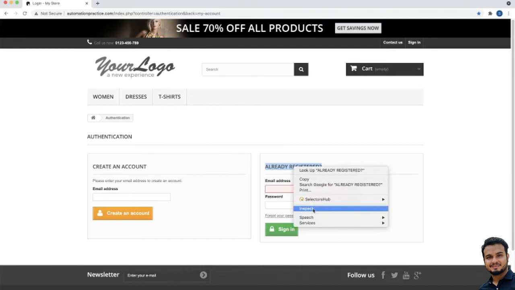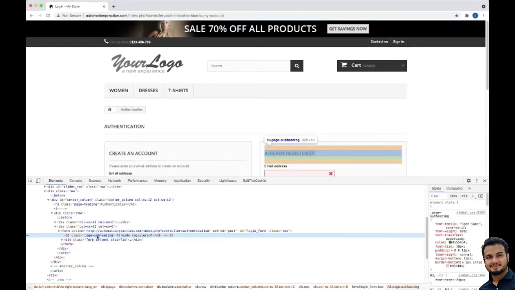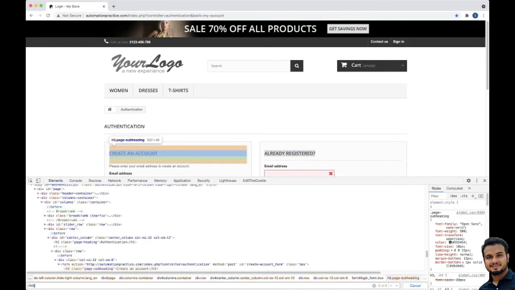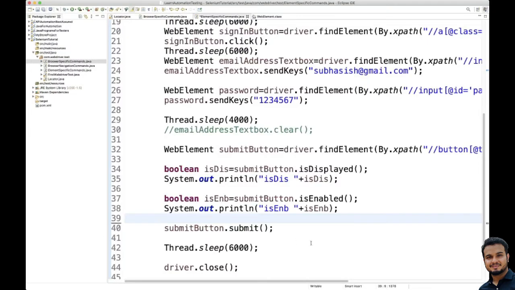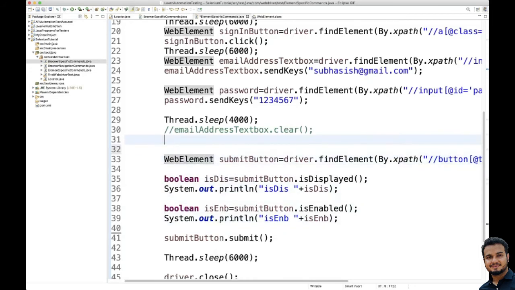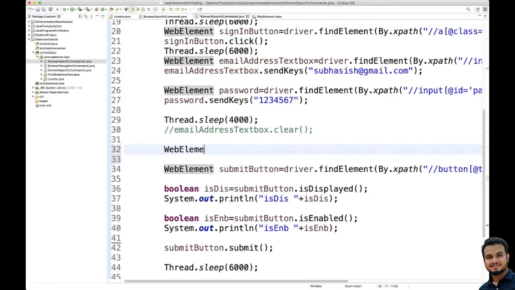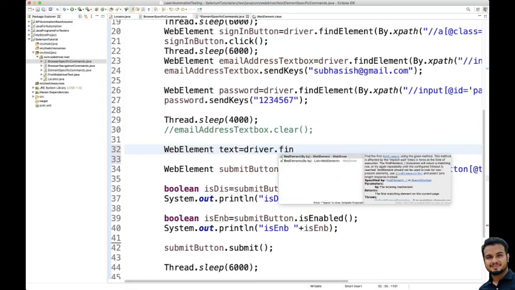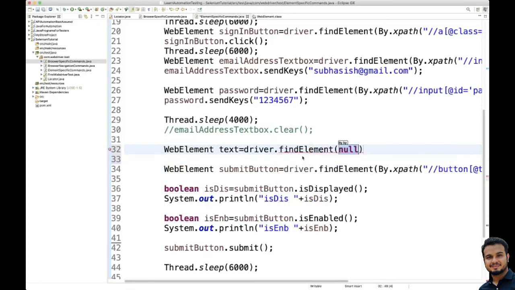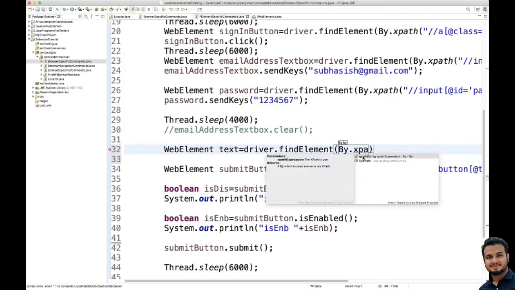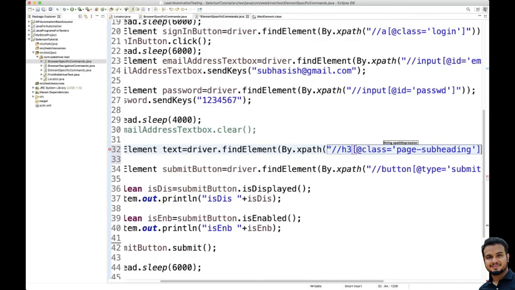So first we'll find the XPath for this. We'll give the class name h3 with an at the rate, like this. We'll try to do it before the submit button. So here I'll write WebElement text equal to driver.findElement(By.xpath), and we'll write the XPath here.